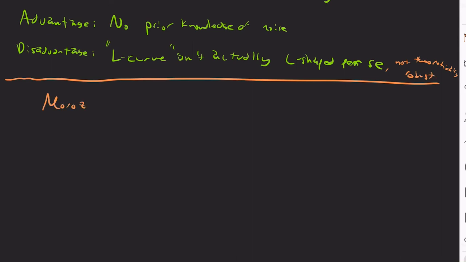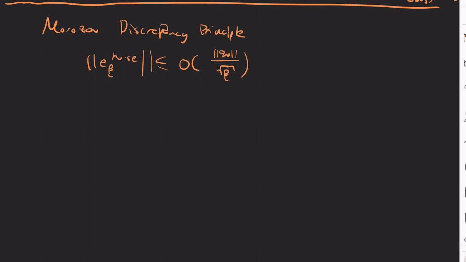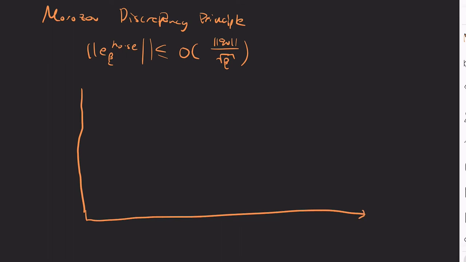And so this motivates the Morozov discrepancy principle. What this principle says is that we saw previously that E_beta of the noise is less than or equal to order of the noise divided by the square root of beta. And so what we want really is